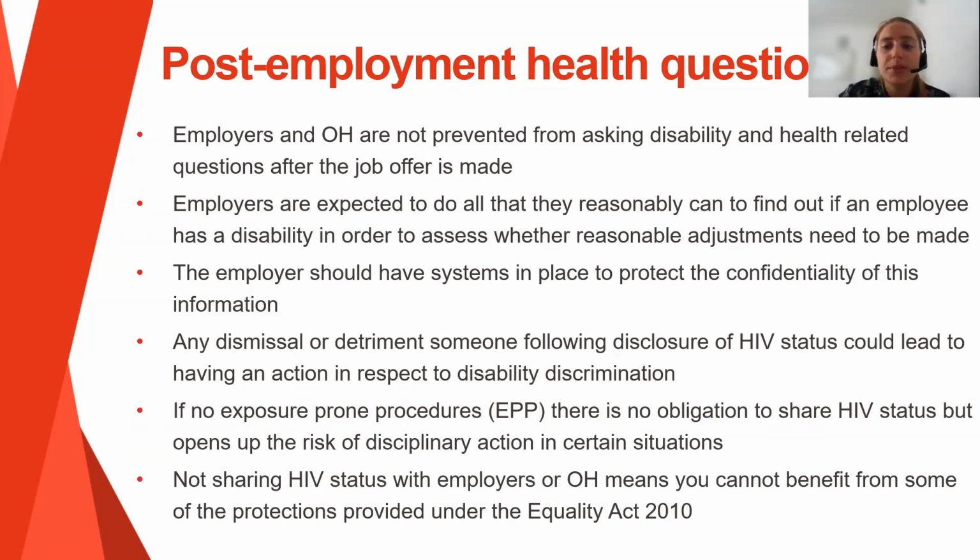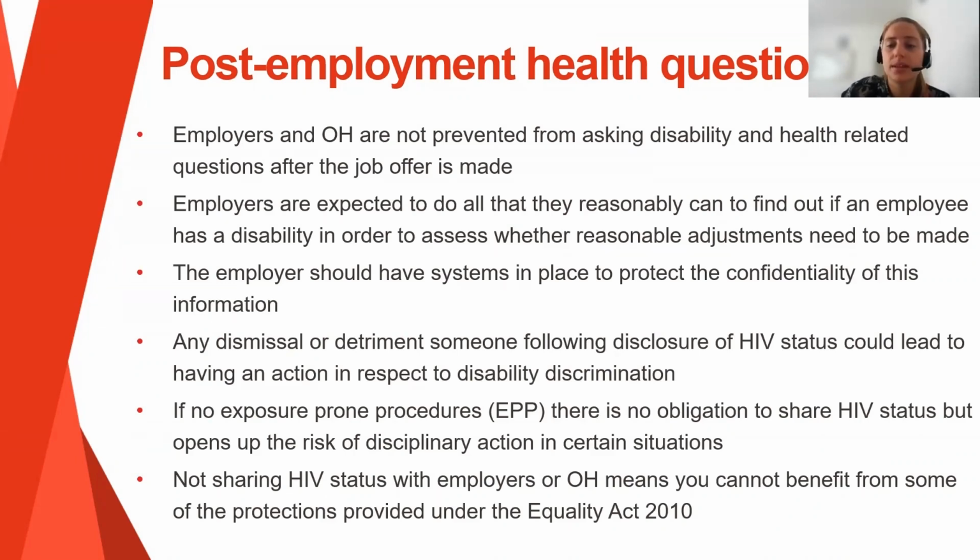So employers should be really clear about the purpose for asking health and disability related questions and be satisfied that this is justified by real benefits. So generally, workers should not be routinely asked to disclose their entire GP record, for example. But instead, they could ask specific relevant questions to elicit only the information that's required for particular purposes. So if the question being asked is to determine whether the employer can make reasonable adjustments, then the question should be about whether you have any conditions classed as a disability under the Equality Act, rather than do you have HIV, do you have a bloodborne virus, or list every medication that you take.